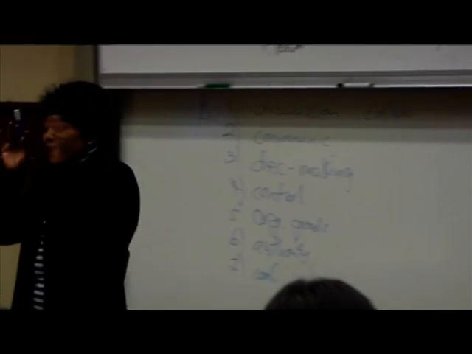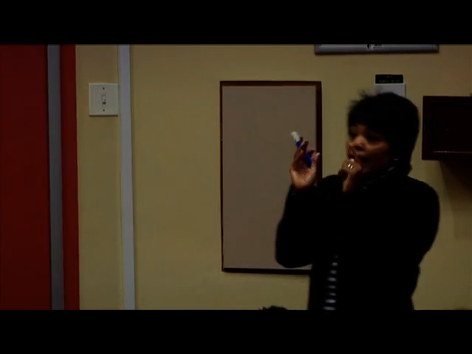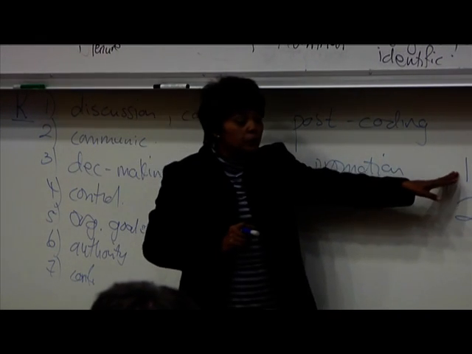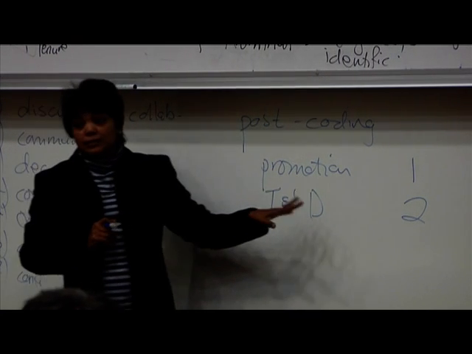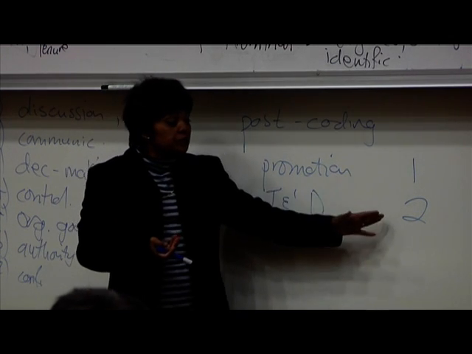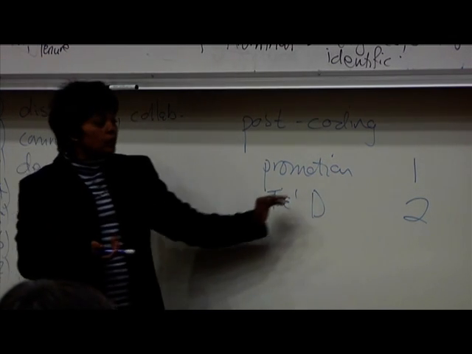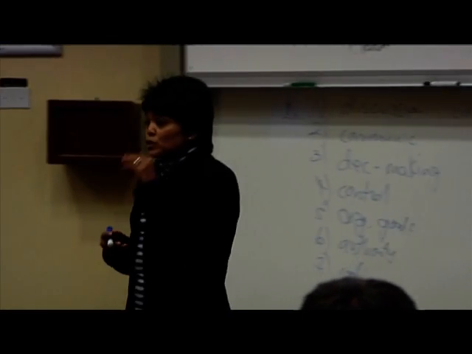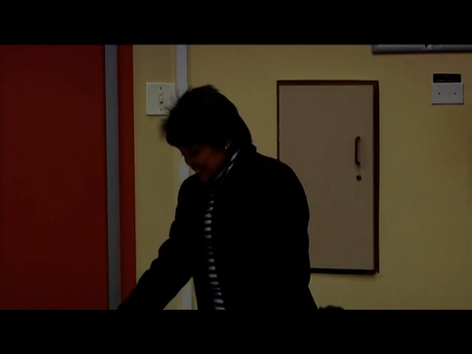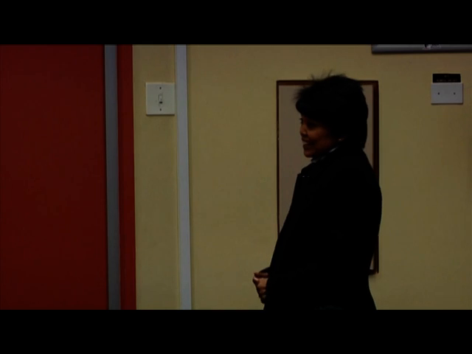So in a nutshell, whatever long story they tell you, try and encapsulate it into one phrase and postcode that phrase as all things where comments are relating to promotion will be postcoded as 1. All things related to I like to be trained and I like my development needs to be identified or whatever else long stories they give you, we put it into category 2. So you postcoding. We're no longer pre-coding, we postcoding. Okay, that takes us to the end of questionnaire design. I know it's taken much longer than we thought to get here. Are there any questions on questionnaire design?